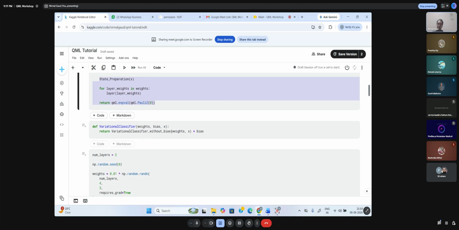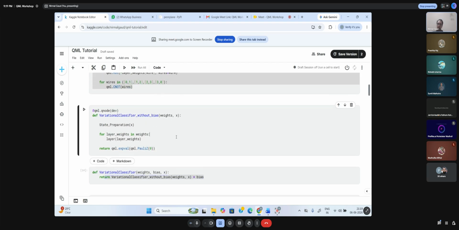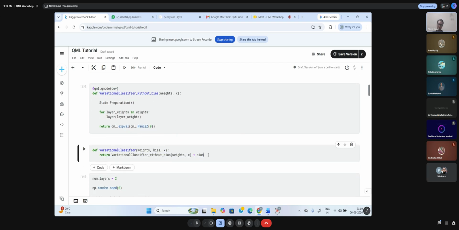Similarly, bias also. Okay, here they are taking it without bias. So bias has not been there, but the initial equation is wx plus b. X is the input, w is the weight, b is the bias. That's what happens in our machine learning equation. Similarly, we are trying to create our parametric equation from this wx plus b.